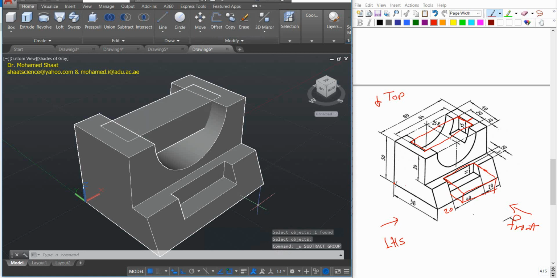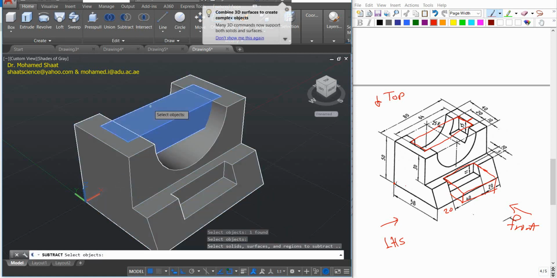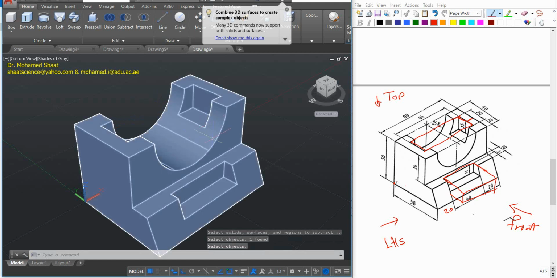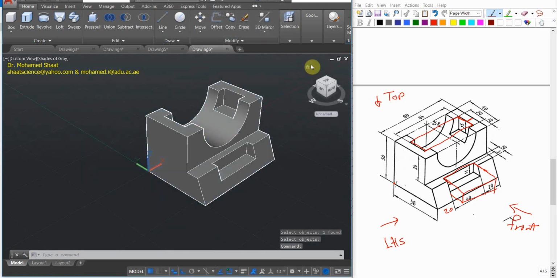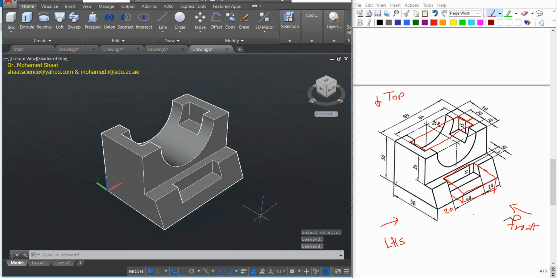Make sense? So again, we end up with this bridge. If you subtract this object and press enter, that object and press enter, you're going to end up with the shape, which typically is the same as the given 3-dimensional solid. So this is another example, and as you can see, there are lots of approaches. You can use a different approach to create this shape, but what I'm presenting here is the shortest path to